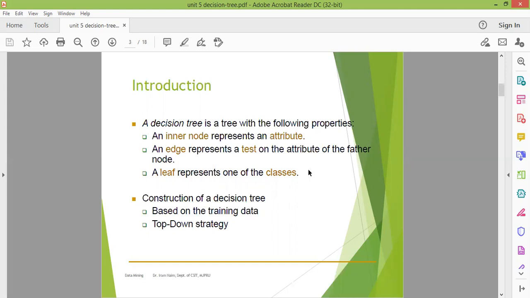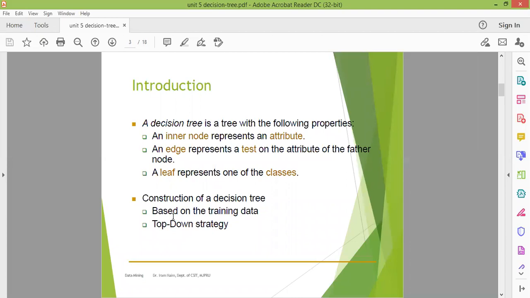So when we talk about a tree, initially there is a node, then from a node there are branches. From the branches you have certain other nodes. That node is divided into further nodes, and at the last you will come to the leaf node, at the last level of the tree. And when you have the last level of the tree, that is called your classes. The leaf nodes are called your classes. All other nodes in the tree are called inner nodes, which represent your attributes. And the joining edge, the connection between one node to another, is called your edge.